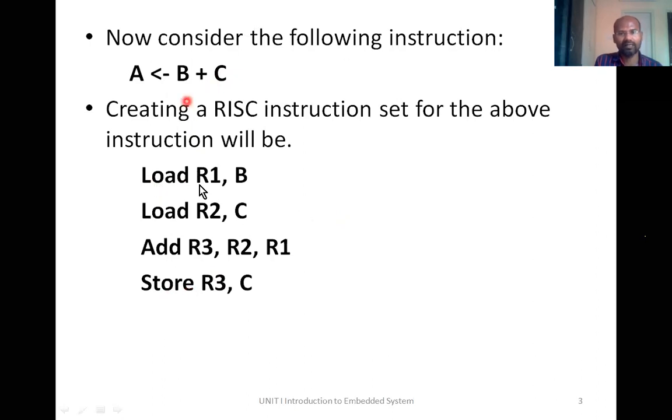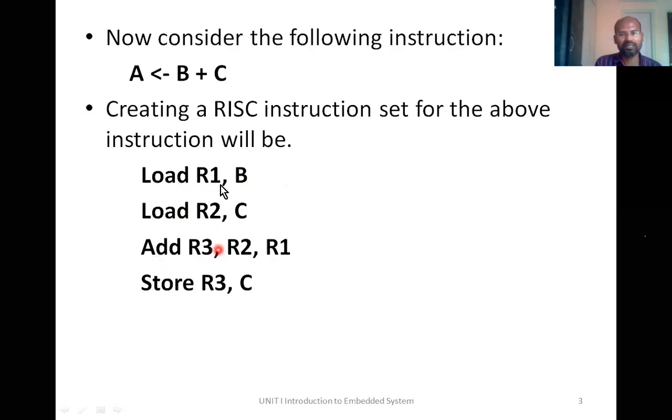First of all, bring the contents of B, which is a location in the memory, to register R1 by using load. Just now we said load is the only instruction that transfers memory contents B to R1. And load R2 from C: take another memory location which is C and load the data to another register R2. Okay, the load operation is used to do that. It is the only operation which transfers data from memory to the register. We are talking about RISC architecture.